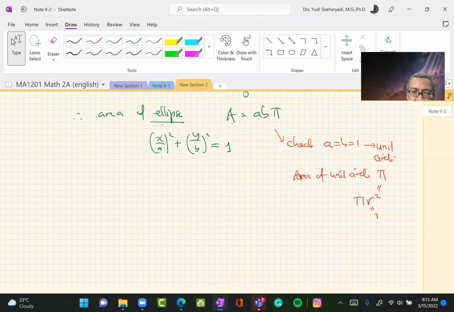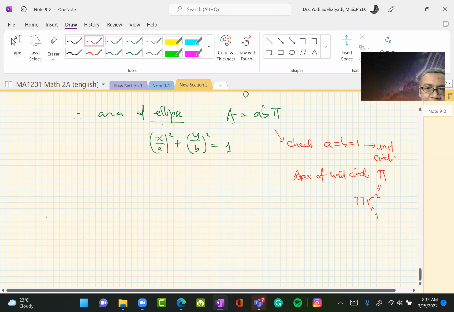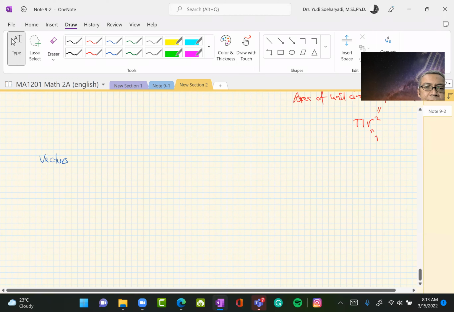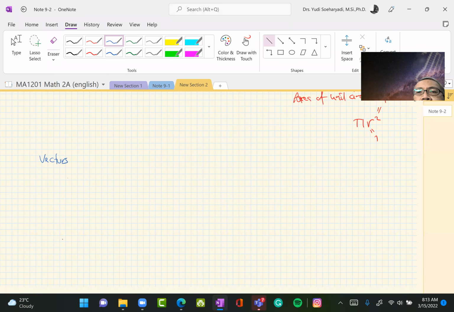Let's start with vectors. So with these vectors, our notation is going to be